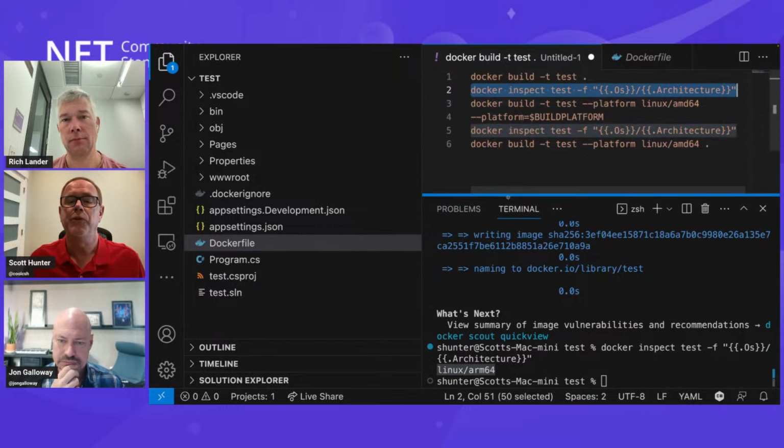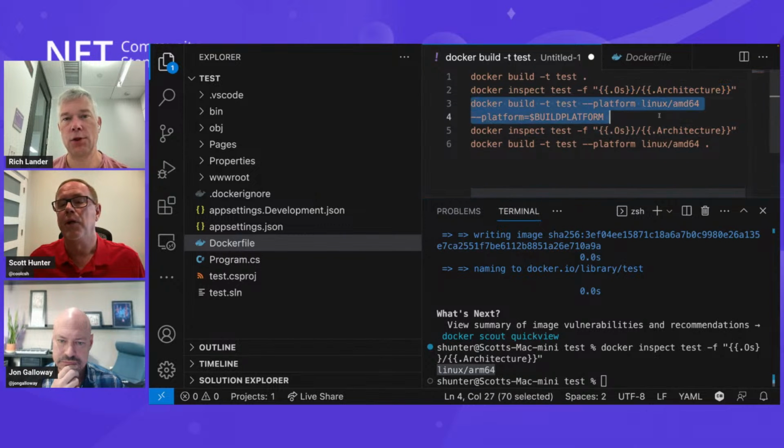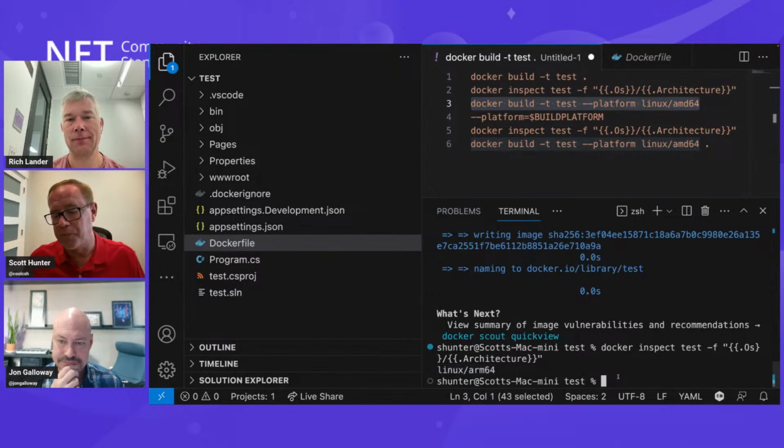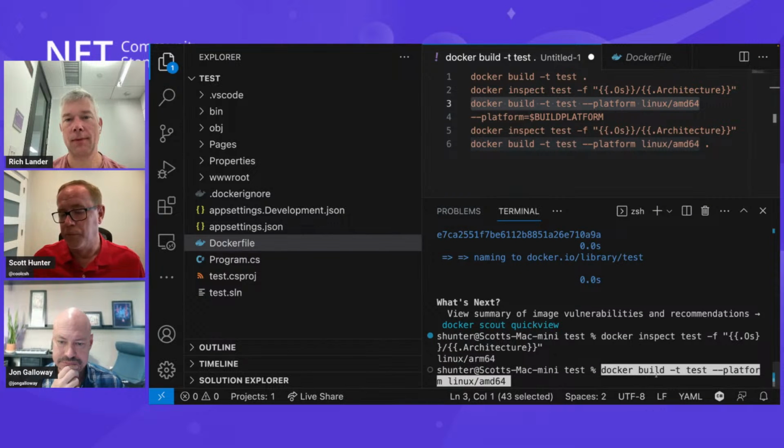Let's do this. I can specify. I can actually go back down here and specify. What I'm doing is doing the build again, but there's now this flag I just passed, which is --platform